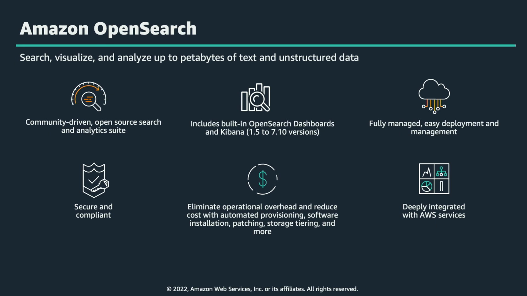And given that we also run it at scale for multiple customers, all the best practices are also implemented as part of the service. Things like zone awareness, for example, is another. So it's secure and compliant, what you would expect from any AWS service. Security is our job zero. The OpenSearch Service takes care of the security patches and offers network isolation via VPC, just like Amazon DocumentDB,